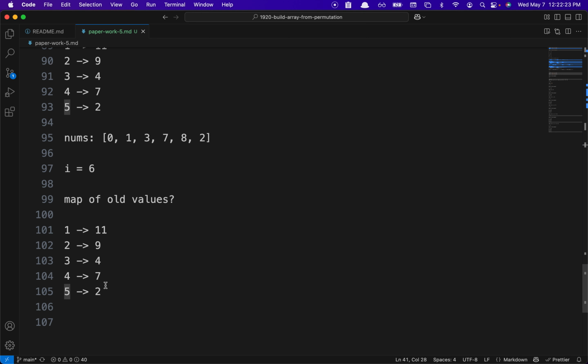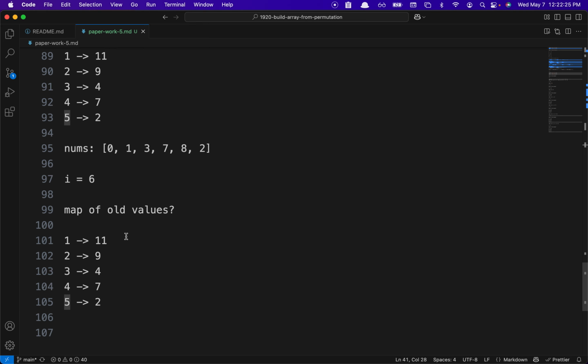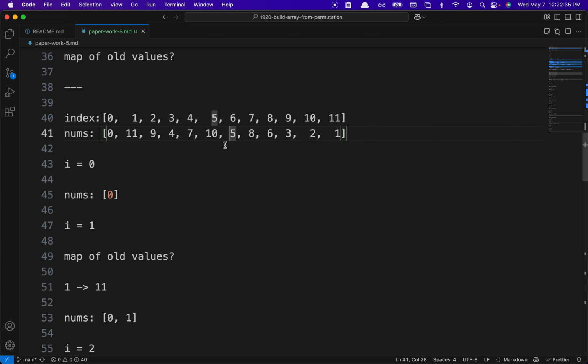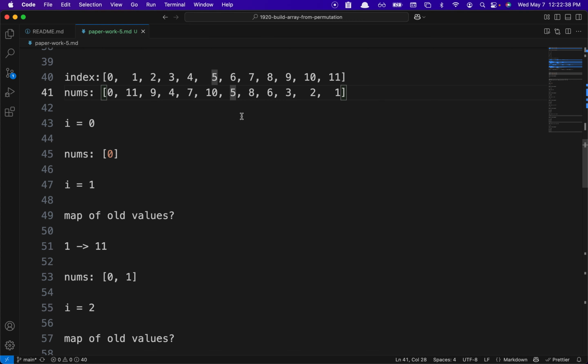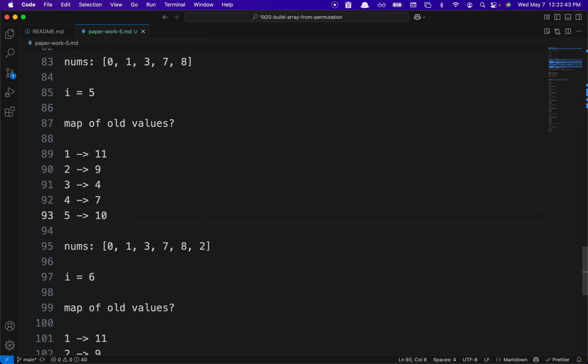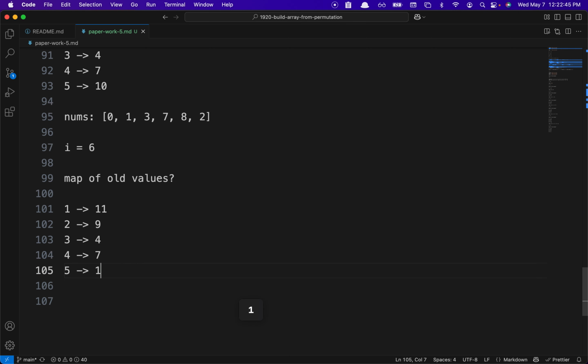Instead, it's actually, oops, one moment. I is equal to 6 points to 5. 5 points to not 10 actually. Oh wait, I think I wrote it down, so I need to write it as 5, 10, 10 to 5 points to 10. The old value of 5 is 10, sorry. It's 10 here, right? So we might end up saying it's 2, 0, 1, 2, 3, 4, 5, but it's actually not 5, it's actually 10. So I of 6 is actually 10, and then you remove this whole value,